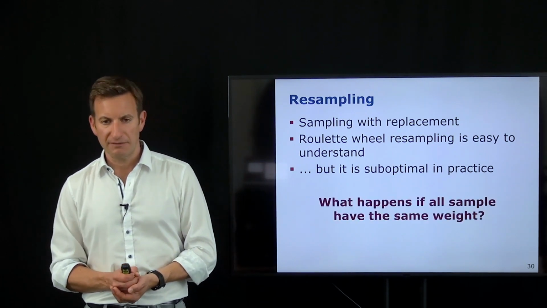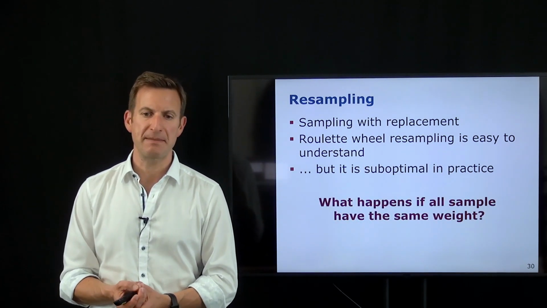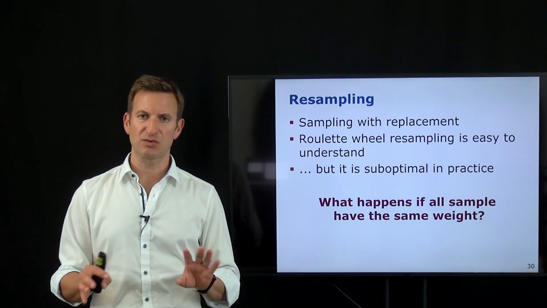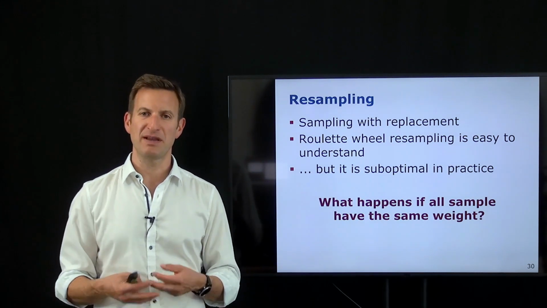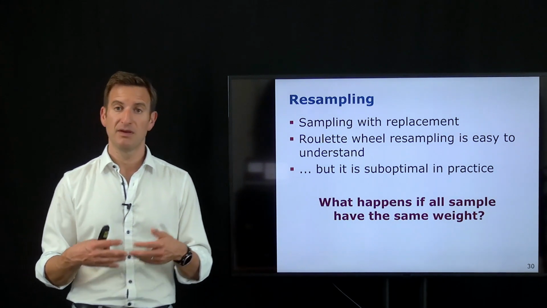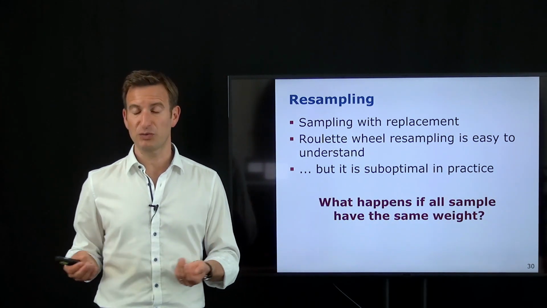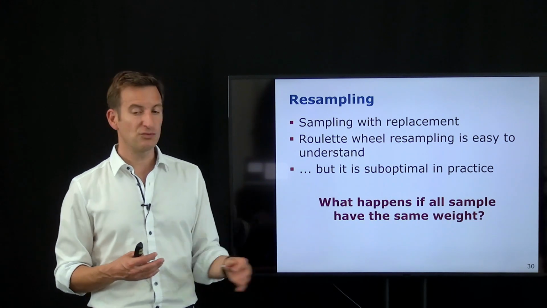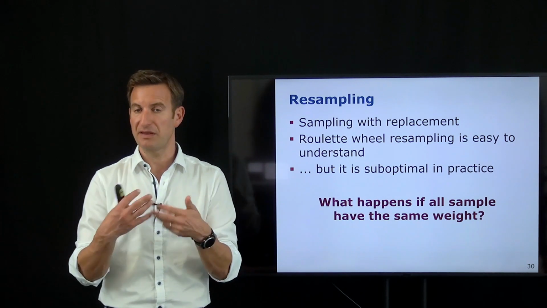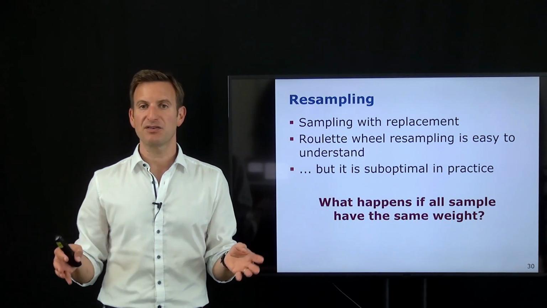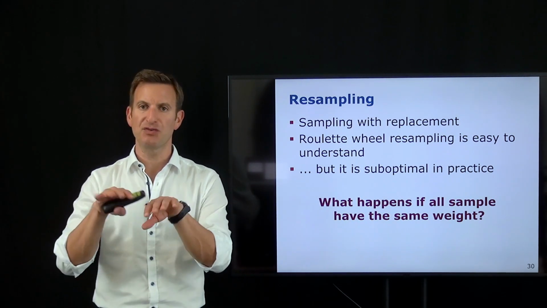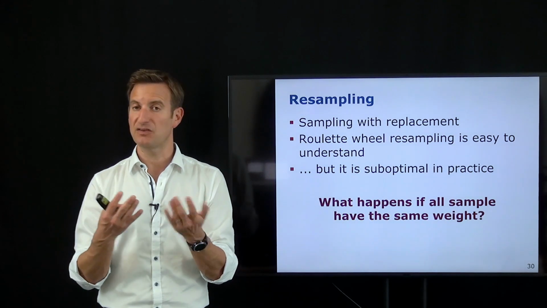And if I ask myself the question, what actually happens if all samples have exactly the same weight? What's going to happen? Let's say our sensor is really, really bad. It doesn't provide us any information, so all samples will have the same weight. The observation doesn't tell me anything. And then the resampling step kicks in, and it draws random samples and duplicates them, if they've been drawn multiple times or 2 times. And other samples will not be drawn and will die. So state hypotheses will basically die out, and others will be duplicated or even exist multiple times.